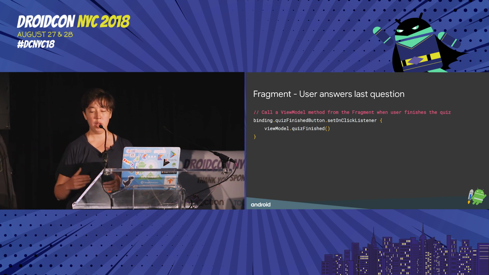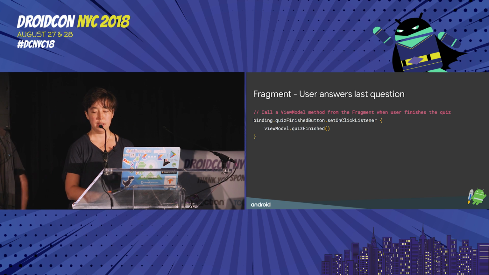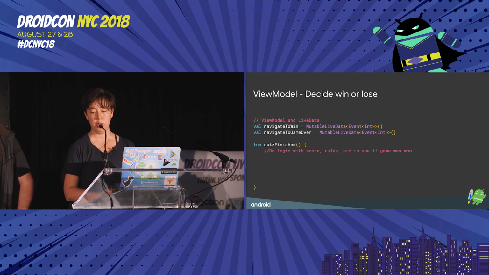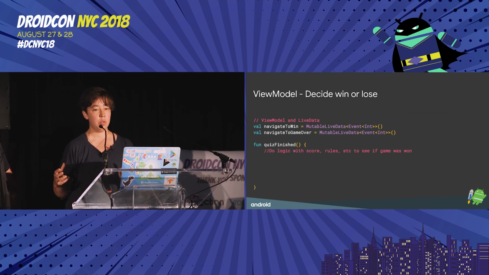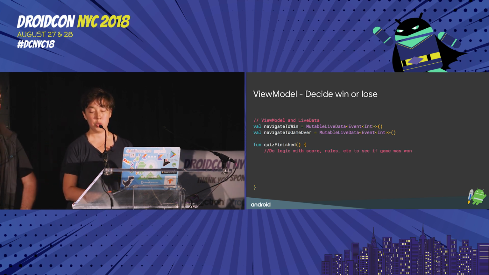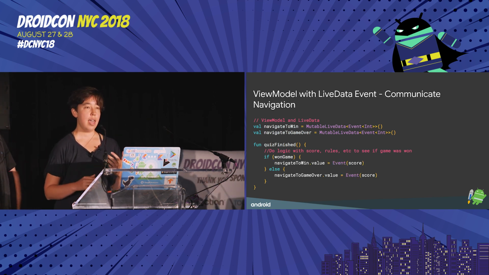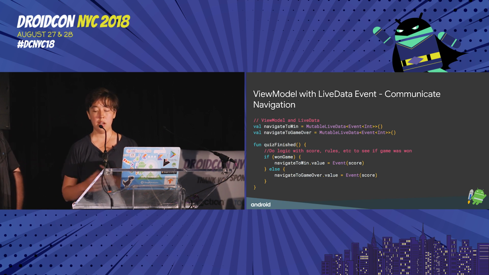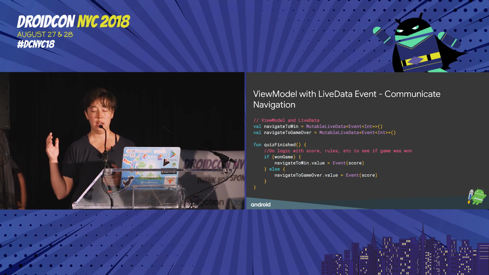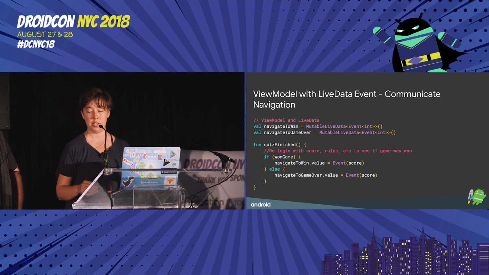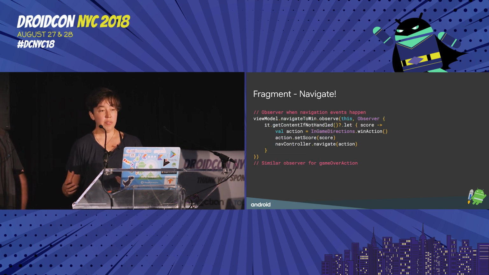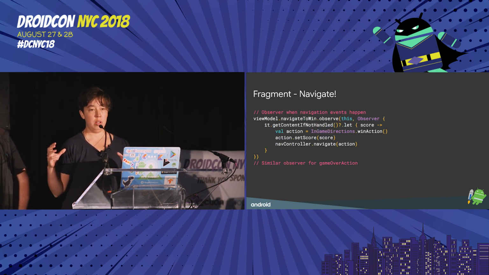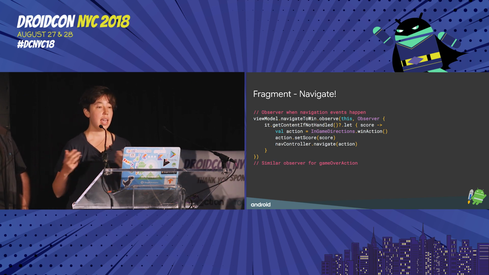Okay, so going back to the flow we were talking about before, in the fragment, the user will click a button or in some way show that the quiz has ended, which immediately shuts off operations to the view model. The view model then contains two different live datas representing the events of either navigating to the win screen or navigating to the game over screen. You do all of your fancy logic with the score and the rules to see whether they've actually won or not. And then, depending on what happened there, you either send out an event on the navigate to win live data or send out an event on the navigate to game over live data. Then back in your activity, you're using observation and matching with that event wrapper class that we saw before to say, hey, have I handled this event before?